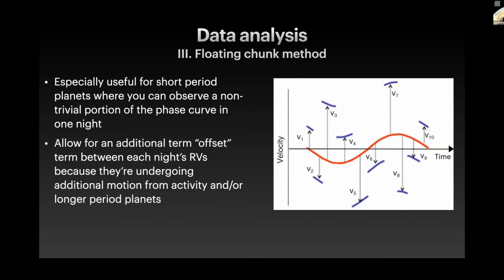A third approach, which works best for exceedingly short period planets, is the floating chunk method. So in this case, observations taken over the course of the night on a single night sweep out a non-trivial portion of the planet's phase curve. And so the velocity segment that you get on a given night will be offset from the planet's true velocity curve by some amount, either up or down in RVs, and that's due to the presence of stellar variability or additional long period signals. But by including an additional nightly offset term in your RV fit for each night of data, you can line up all of those little purple segments and reconstruct the red planet phase curve in this